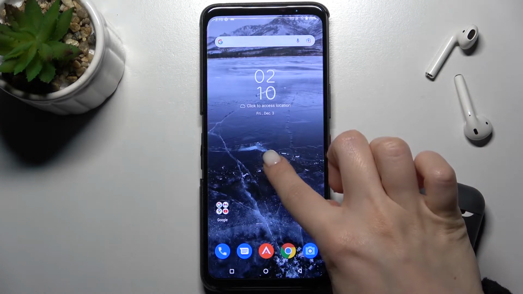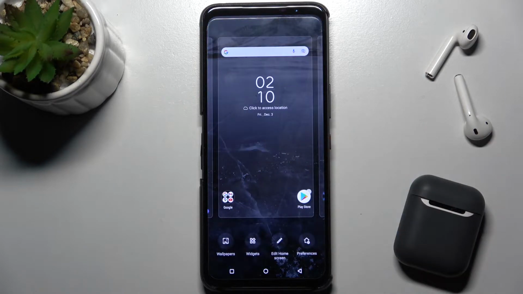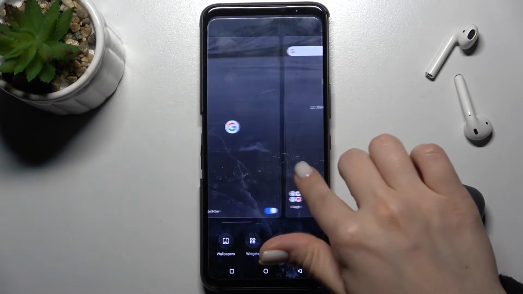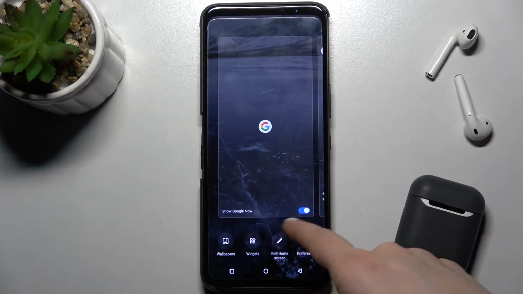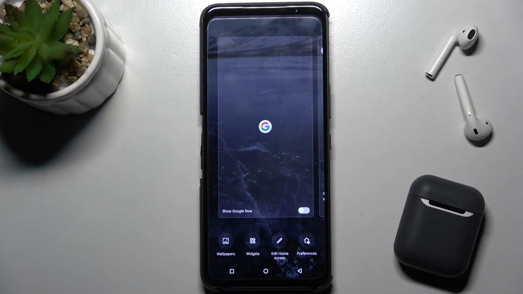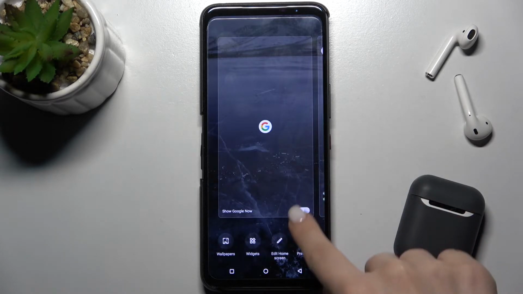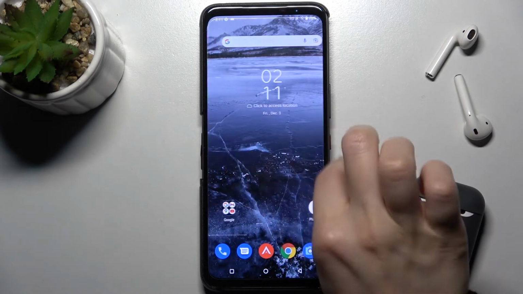off. So just to make that, press and hold for a while on your screen and swipe to the left, to the right side, and you will see here the show Google Now switcher. Just to turn it off, tap once on the switcher, and right now, as you can see, our Google Feeds